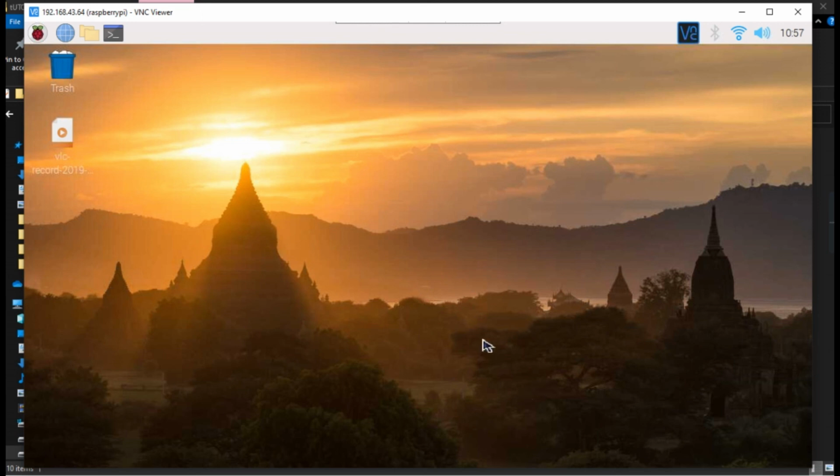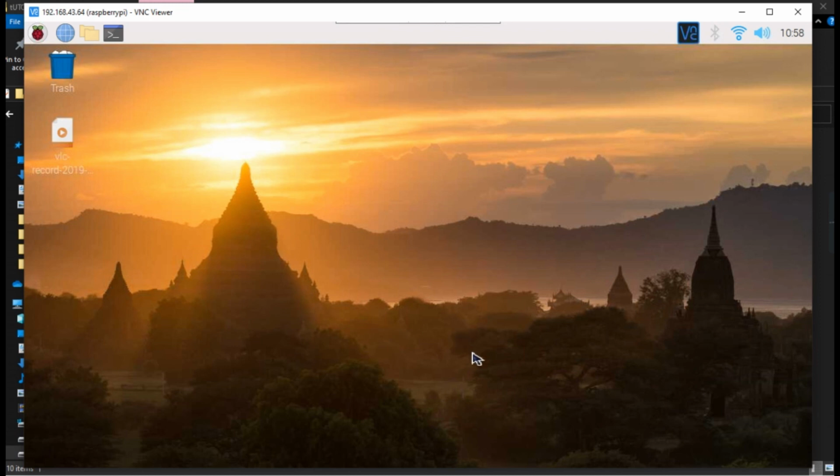You have to update; it will depend upon your internet speed. Make sure that the update finishes. In my case I've already updated, so it is not showing here. In your case you have to update.